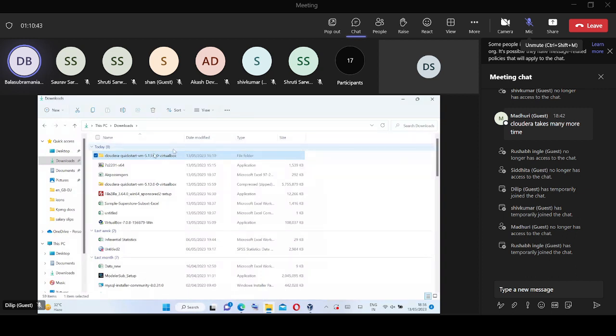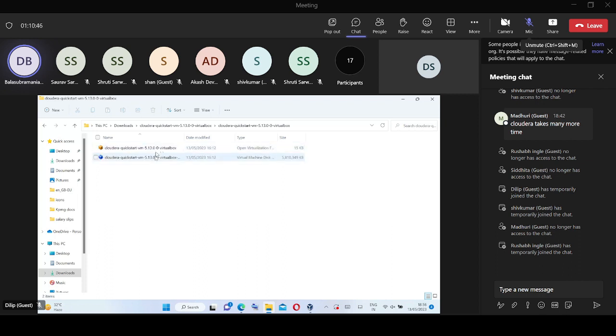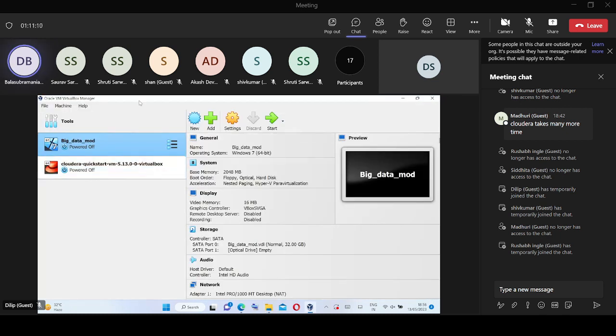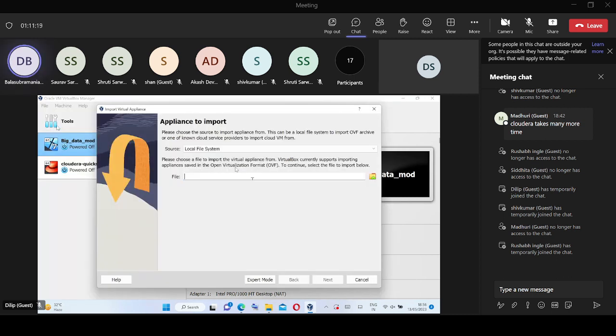If you double click on this folder, it is going to open another folder with two different files. If you look at the file format, one is an open virtualization format, and the other one is a virtual machine disk format. The one that we are interested in is the open virtualization format, the first one. So how do I bring it inside my VirtualBox manager? I can go to files, import appliance, and from there I can browse, I can go to my downloads,